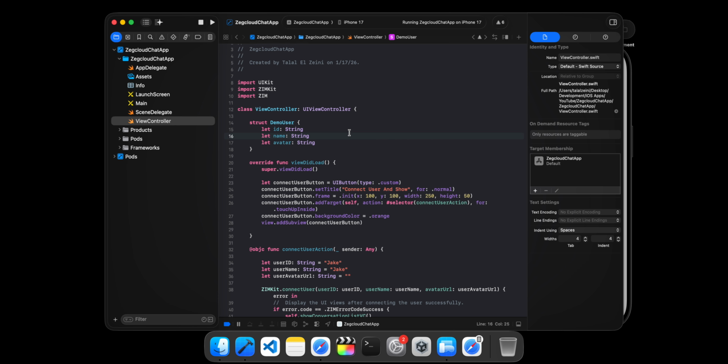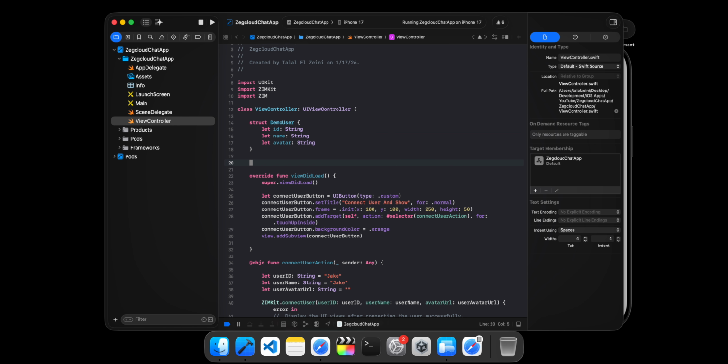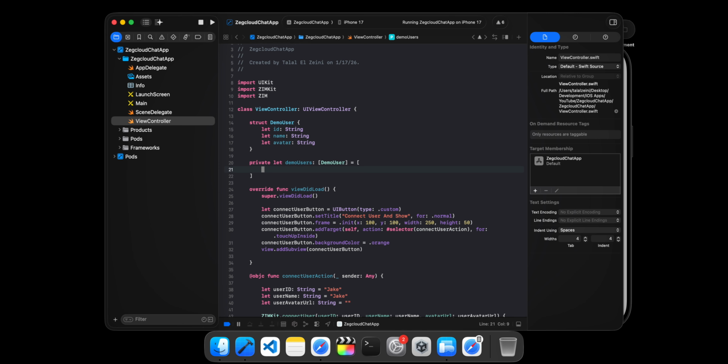And we're gonna create 4 users. So let's go ahead and do that. So private let demoUsers, and then these are gonna be DemoUser, and then it's just gonna be a list, and then we're gonna do DemoUser, then we're just gonna give it an ID. This is gonna be Jake, and then we're actually gonna match the ID and the username. So name is gonna be Jake as well, and then for the image, it's just gonna be